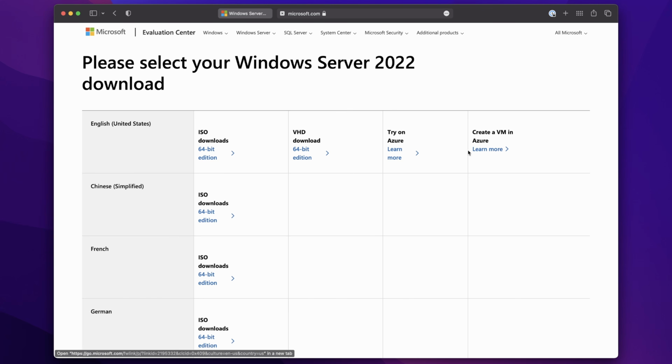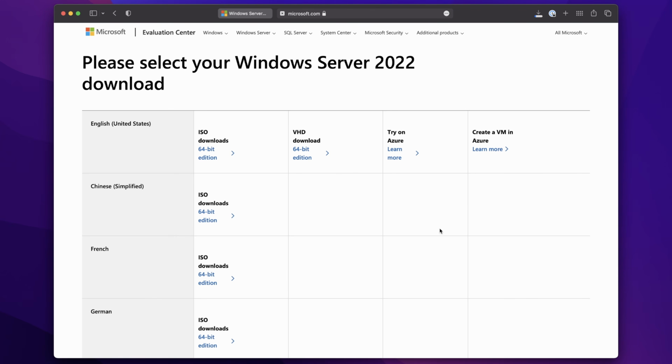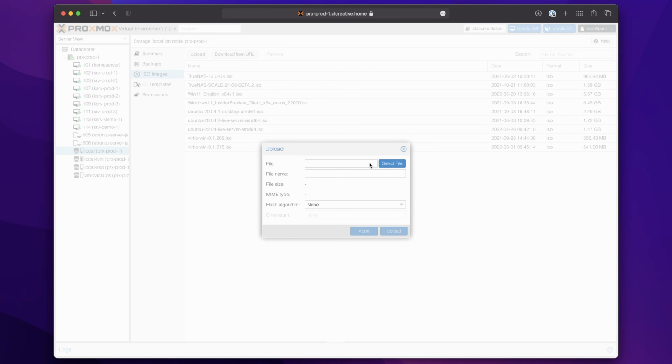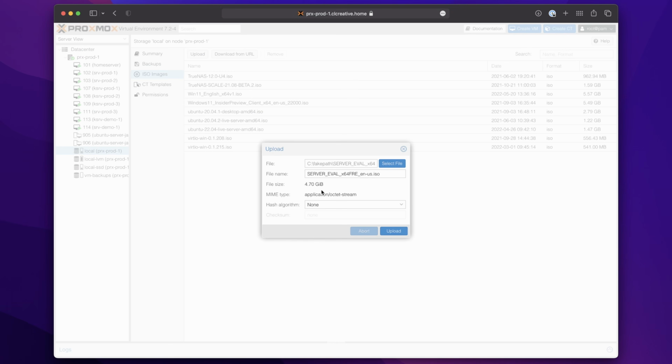But what we want to do is just download the regular ISO image in the 64-bit version of the Windows Server 2022. And then I want to upload this ISO file on the Proxmox server so we can use it to install a new virtual machine. But before we can do that and install the Windows Server in Proxmox, we also need to do one more thing